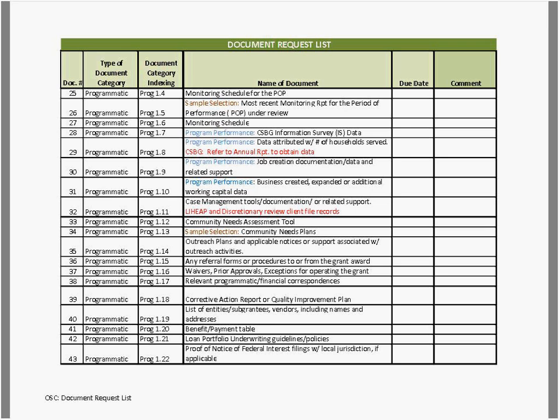So that being said, everything on this list, for the most part, we do obtain. There may be some documents we may not obtain pre-monitoring, but a lot of those documents are then obtained as we're on site. The sample selection occurs, and we will go over that during the tool.